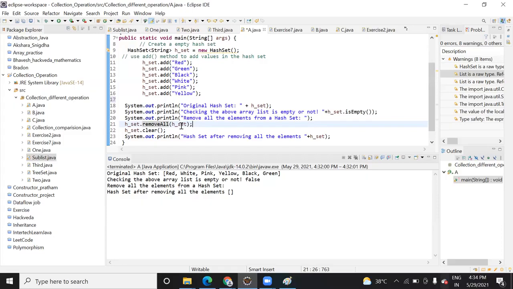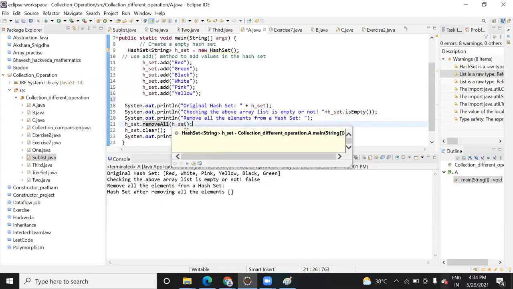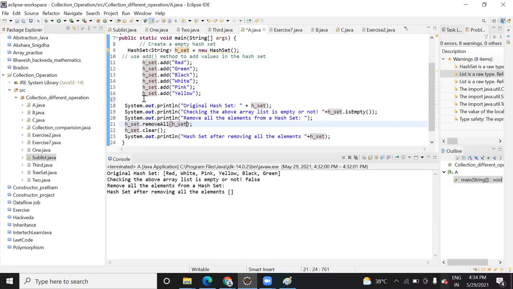I'm just saying that whichever set you are working on, that only you need to pass here. Like if you have created one more set, hashSet1, inside this, then you need to pass the name of hashSet1 if you want to remove the elements of hashSet1, because they will be different collections in that case.